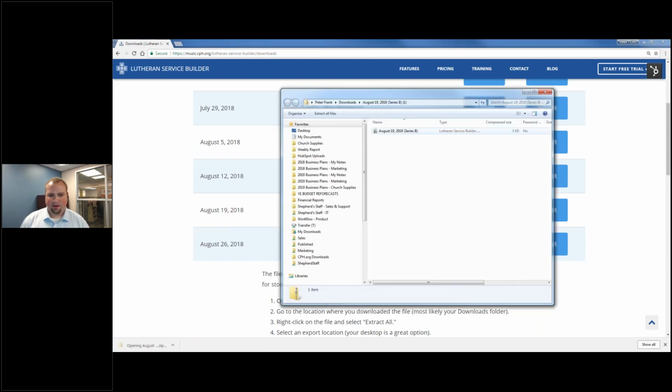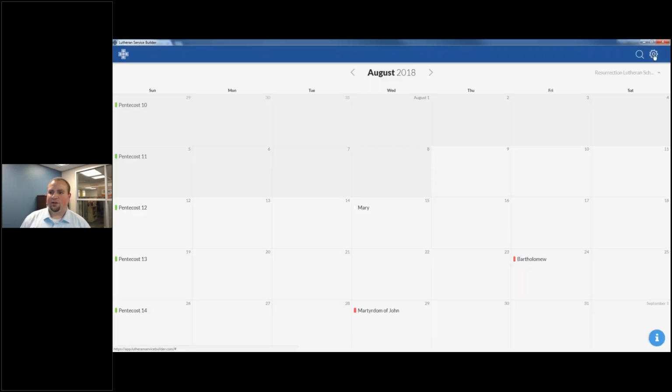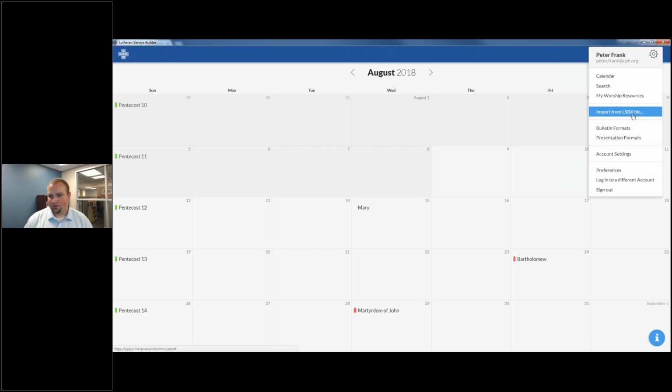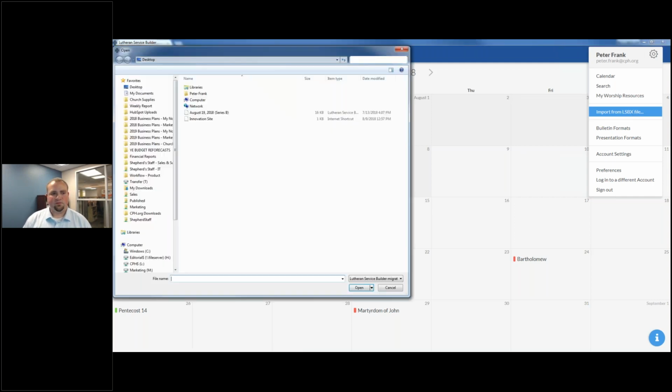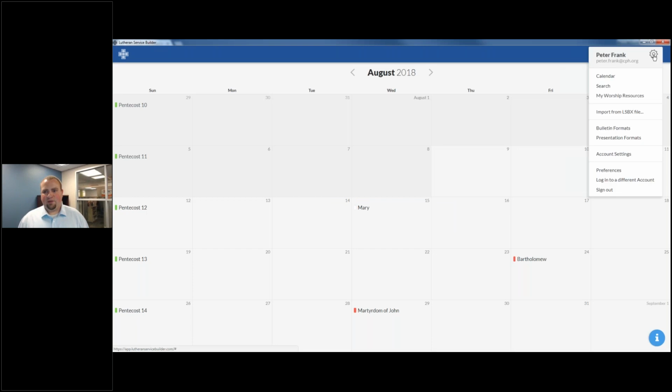I'll drag and drop that to my desktop. Go back into Lutheran Service Builder and click the settings. Import from LSBX file. I'll go to my desktop, there's August 19th, Series B. Open that file up, and now it's there. Yep, this will import common element, August 19th, Series B. Click continue. Good, it's in. Now, if I go under my worship resources and I go to my common elements,